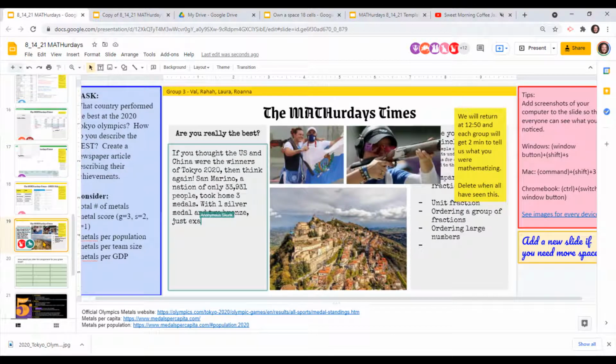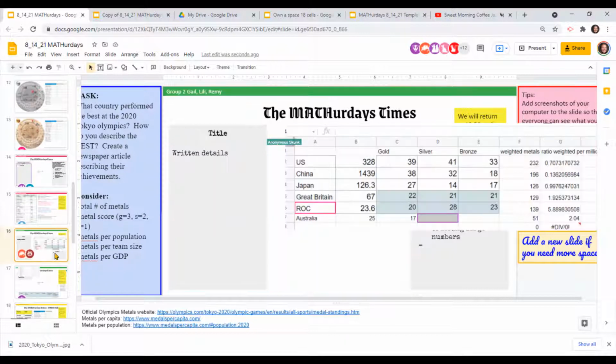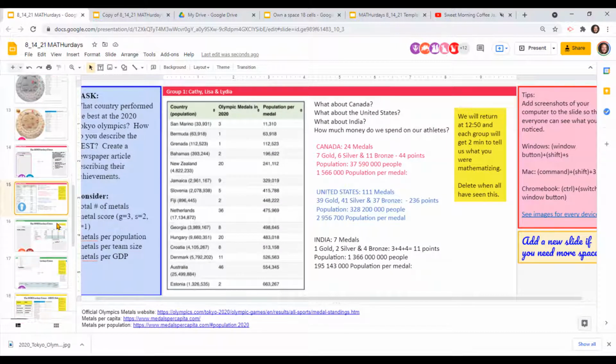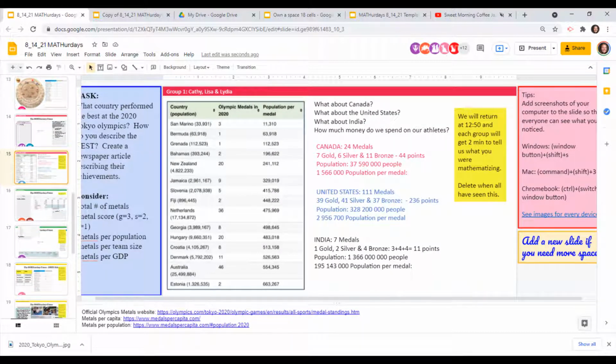Mm-hmm. Okay. Very interesting. But I think the population number has to be wrong there. They've got more people than Australia, don't they? Australia has 25 million, I think, wasn't it the